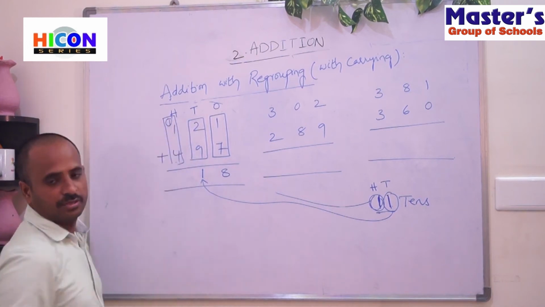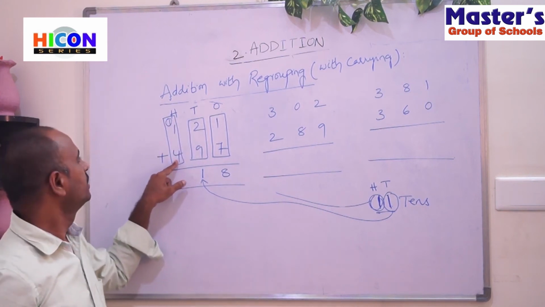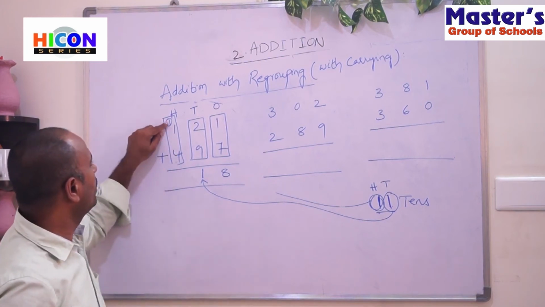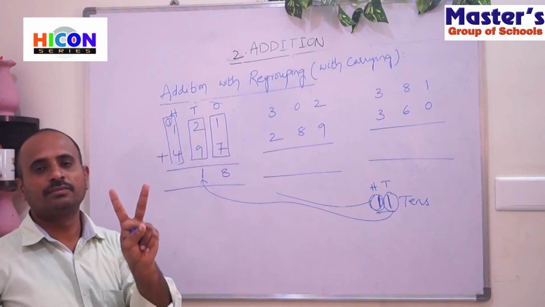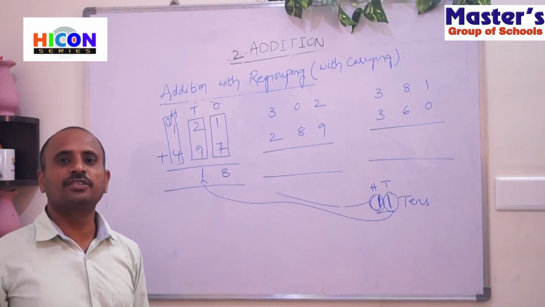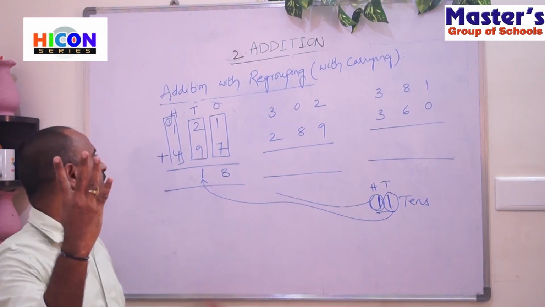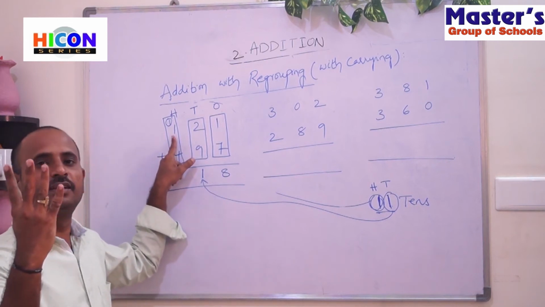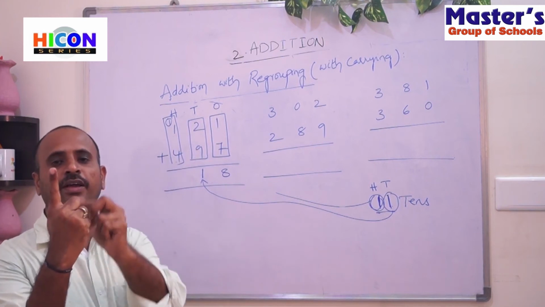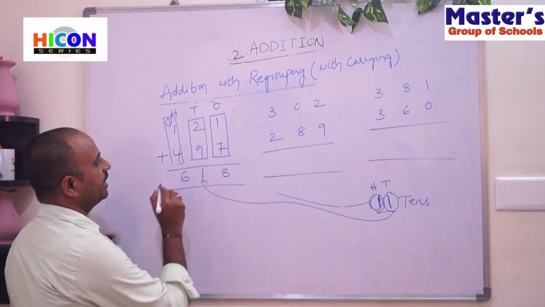So now add 3 digits. First add 2 digits and add the third digit to the answer. The first digit is 1 and the second digit is 1. If you add 1 and 1, we will get 2. The third digit is 4. So lift 4 fingers of your hand. 1, 2, 3, 4. Here the answer is 2. After 2 we will get 3. So start counting from 3. 3, 4, 5, 6. So the answer is 6 and the sum is 680.